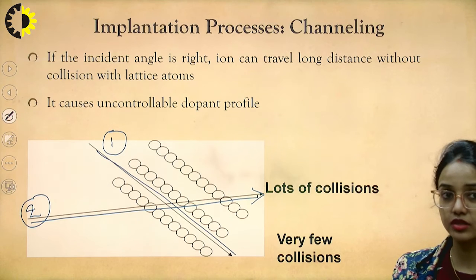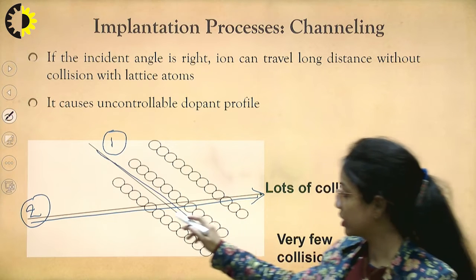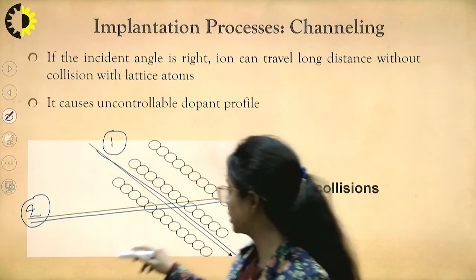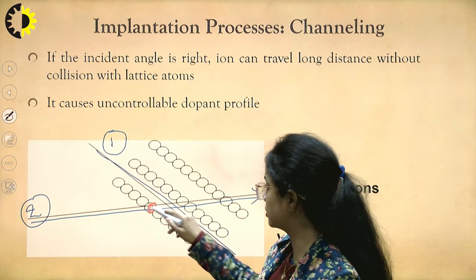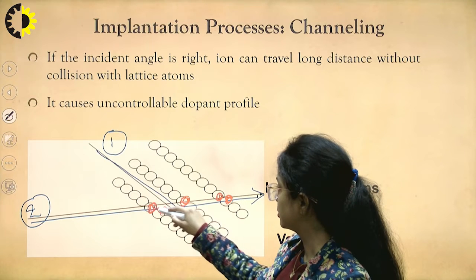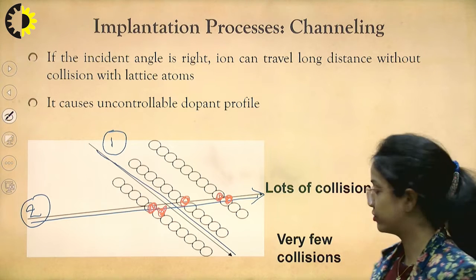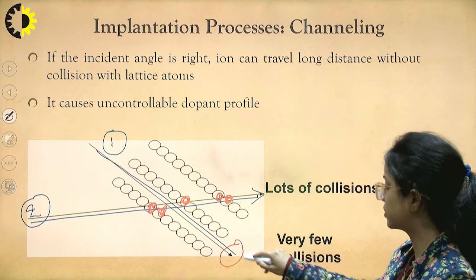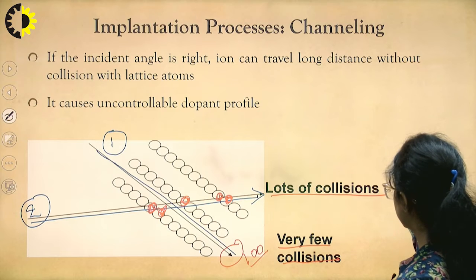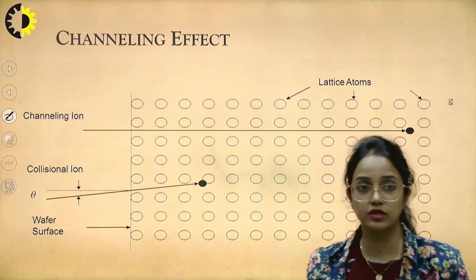And when the alignment is not matched, there is a misalignment, and the incident angle is this one. This is the first collision, this is the second collision, this is the third. Of course, this item is also getting hit. So there are 1, 2, 3, 4, 5 collisions we can see. So very few collisions in the 100% alignment, and lots of collisions for only 5 to 10 degrees of misalignment. So this is what is happening.